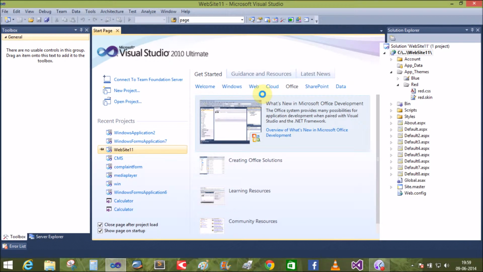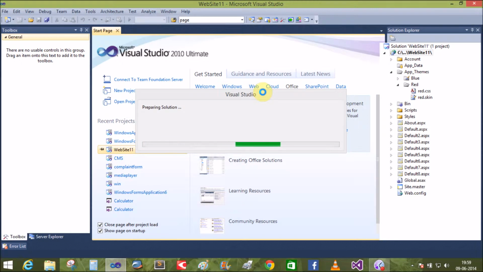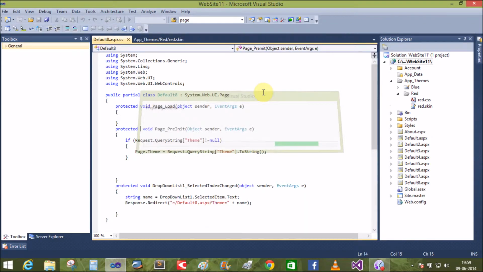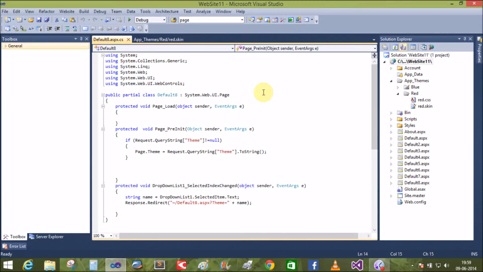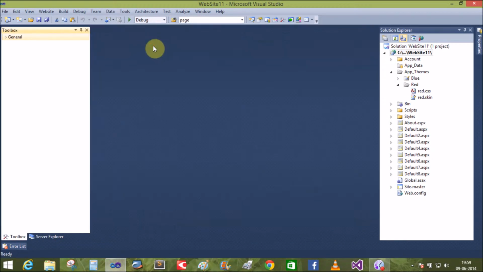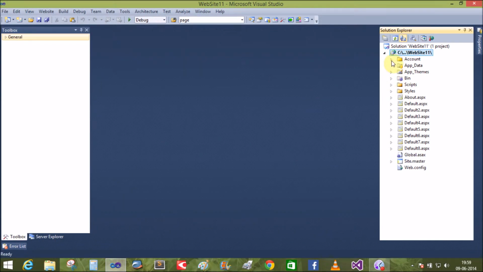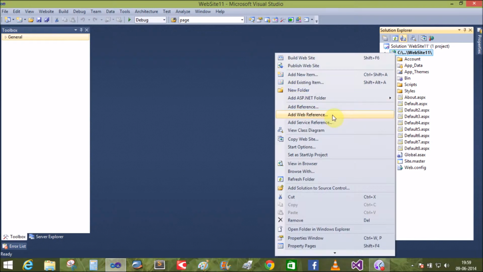Today we will learn how to use label control with associated control ID property. A single label control is used to display the message on web browser. Now let's take another example of the label control to use the associated control ID property. Associated control ID property is set with the other controls like add new item,